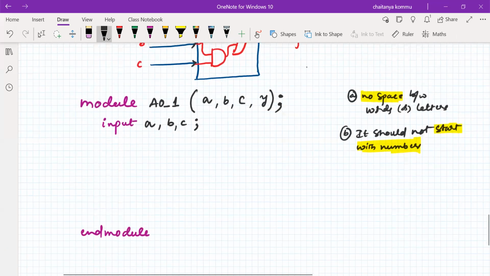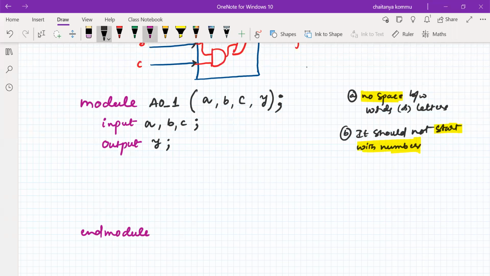Similarly, there is another variable also, that is called y. We know that that's an output. Output is the keyword that we should write, and we have to write y is my output. Variable y will be treated as output y. So these are the points that we have to remember related to the external view. In the external view, we have defined the name of the module, what variables we are using, whether they are input variables or output variables.